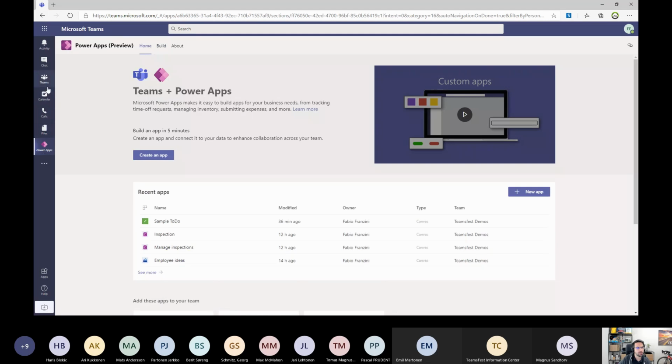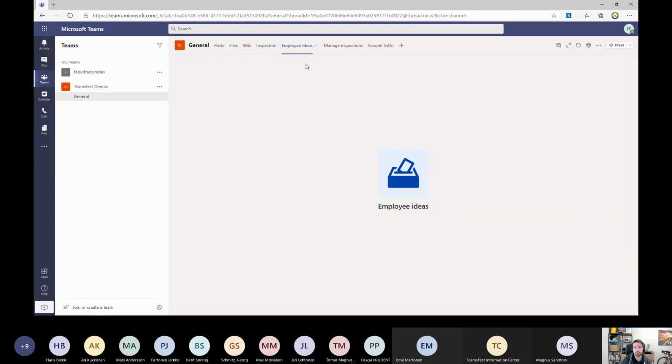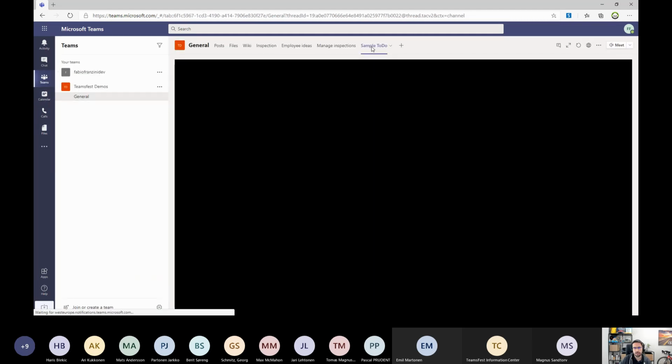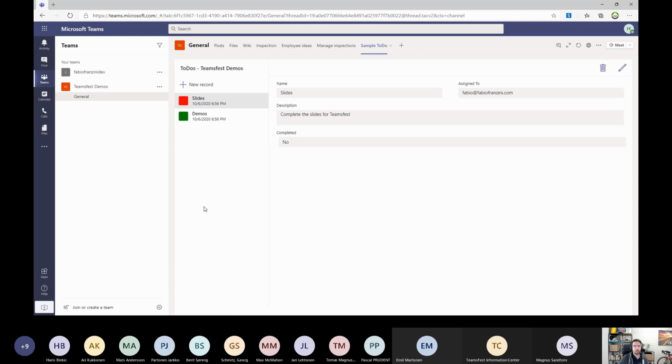I want to show first, by switching again to Teams, the sample application that I created, the sample to do. This application is a standard application when you start to create an app. Later I will show you. Basically, I created just a table, the to-dos table, that contains some columns like the name, assigned to as an email field, a description field, and a complete field, which is a Boolean field.